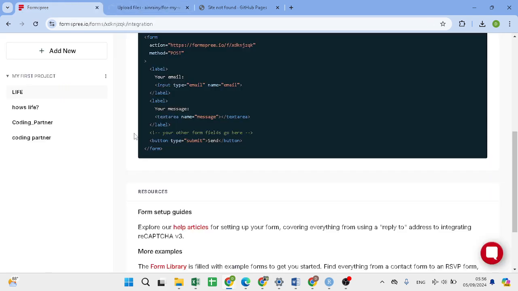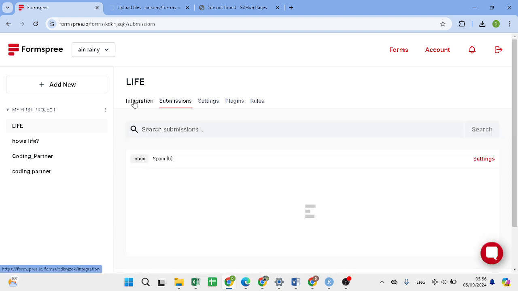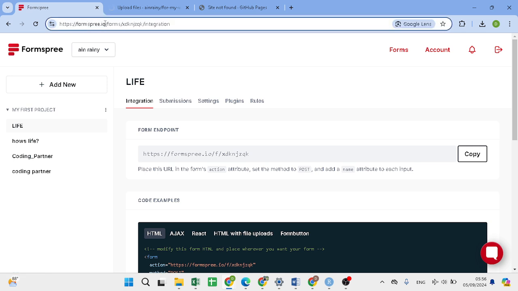And before that, you need to create the submission form first. This is the submission form. Just go into this form. Let me copy it. The Formspree,